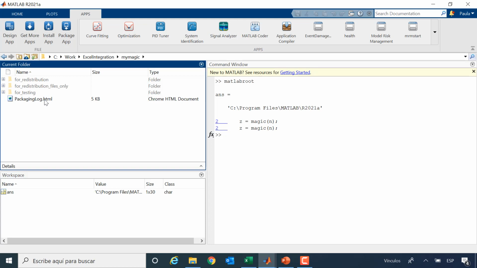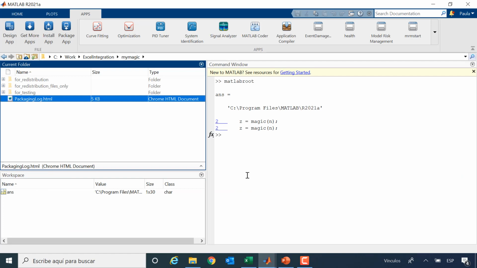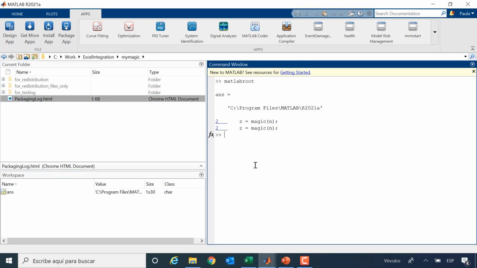A little trick that we can find here is this was the result of my compilation. So here is the log file, and what it tells me is the instruction when I hit package to produce that CTF. You can see here MCC with some parameters. So you can basically copy them, and instead of doing it through the app, you can directly give that instruction within the MATLAB command window. So this is the way how you could put this one, which is for one file, and another 20 or another 100 for every other file that you want to compile.